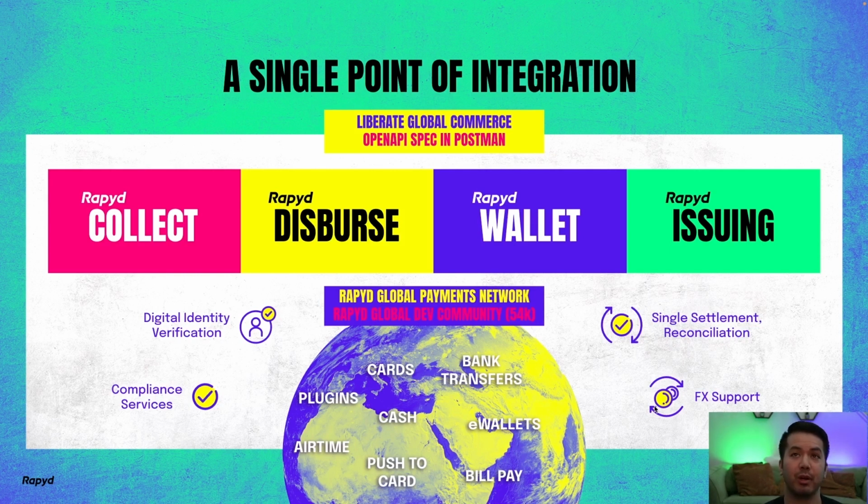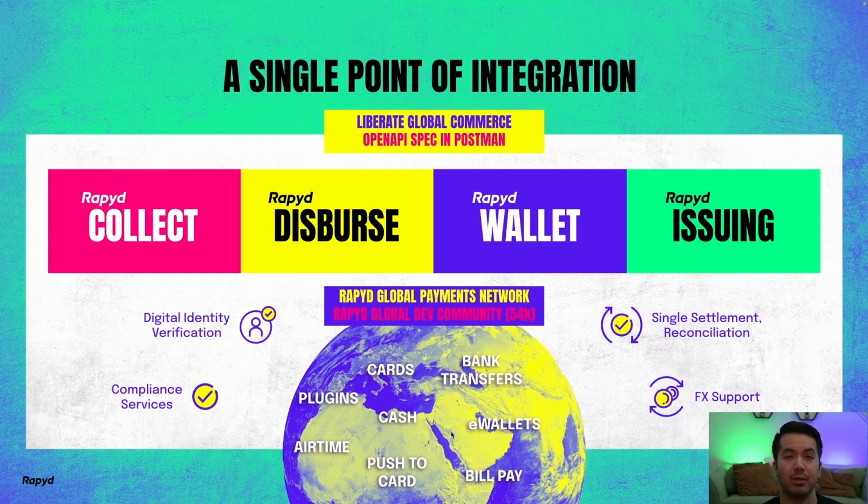We have Rapyd Issuing for cards, and certainly virtual accounts as well. And then we have all these different microservices that are a part of Rapyd that are super important. Of course, FX, built-in compliance services, account reconciliation, and identity verification. We have listed here all the different global payment categories, which could have hundreds and thousands of different payment